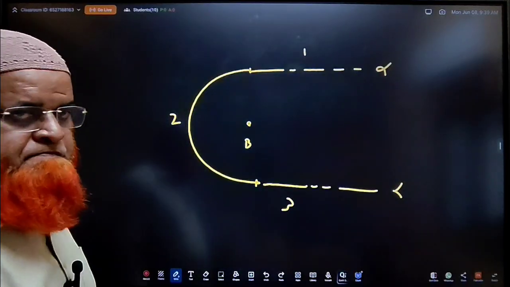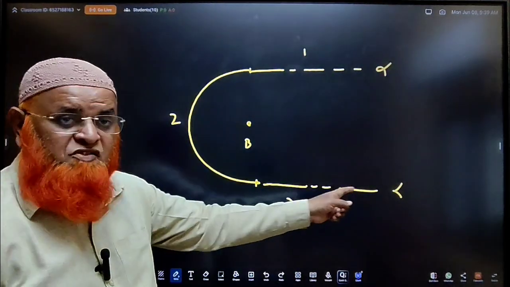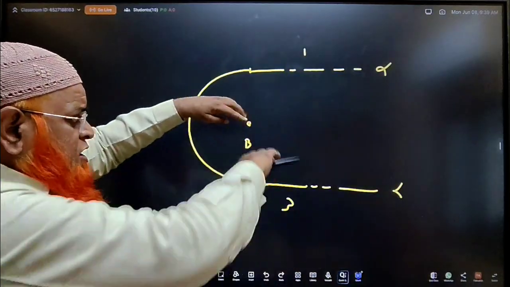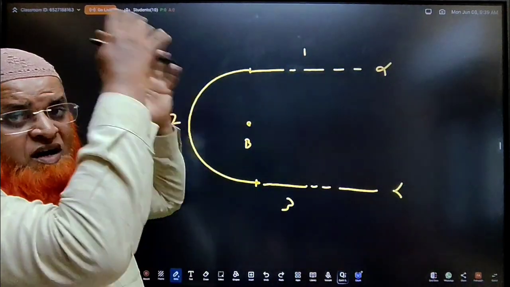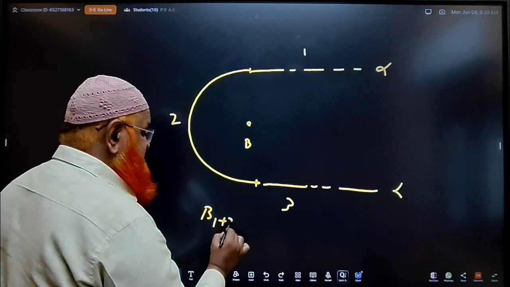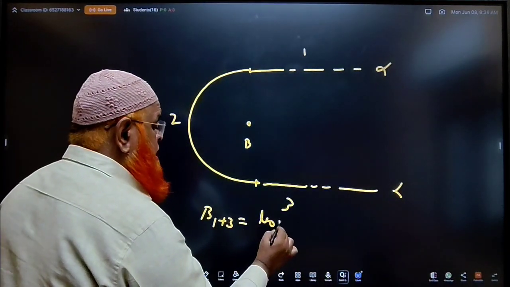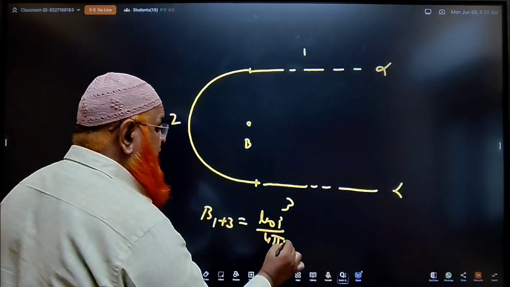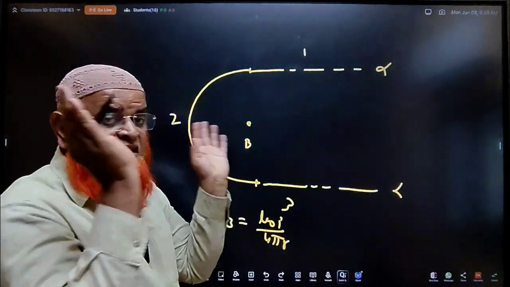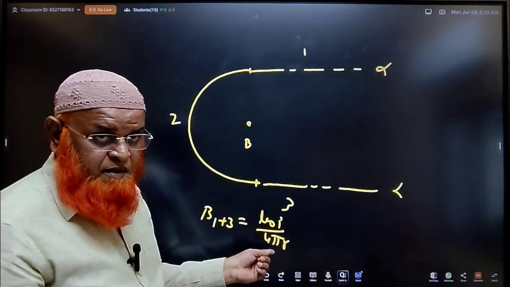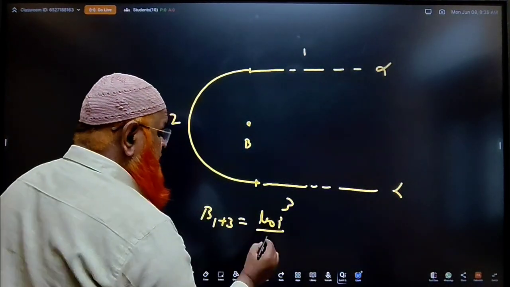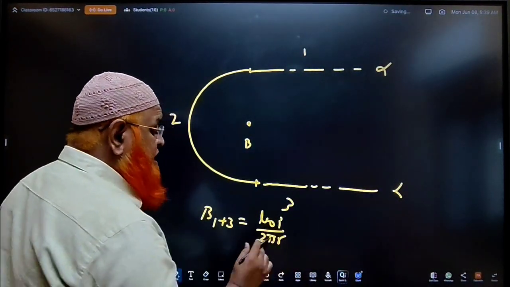This is a half wire of infinite length, and this is the remaining half wire of infinite length. If you join the two wires, it becomes an infinitely long wire. So B because of 1 plus 3 combined together is, for a total infinite wire, mu naught I by 4 pi r,